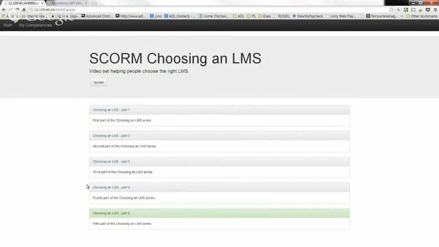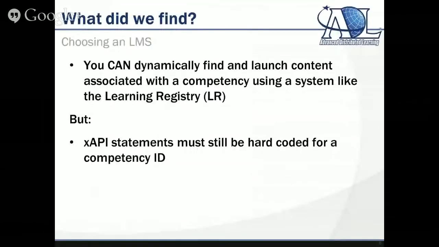Great, thanks, Tom. So in that part of the demo, what did we find? We found that we could address one of the caveats from part 1. In other words, we don't want to hard code content and associate that hard coded content with a competency. We want to find it dynamically, and we did that using a system like the Learning Registry.